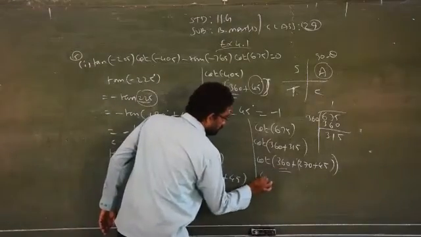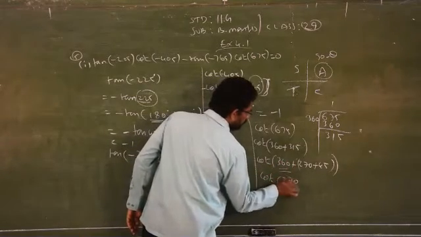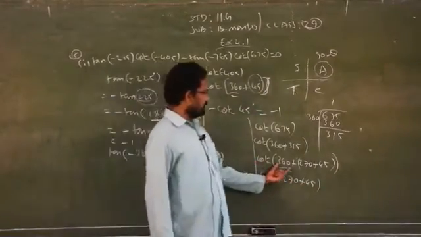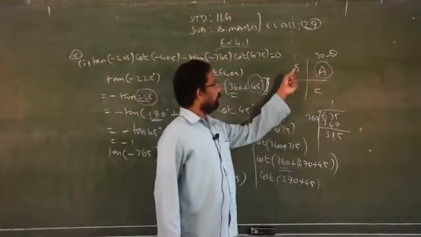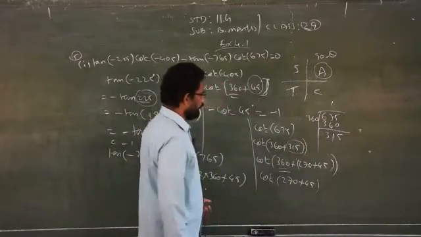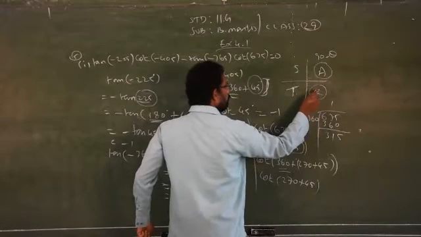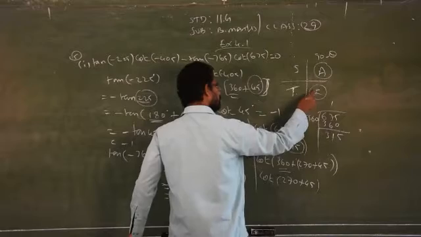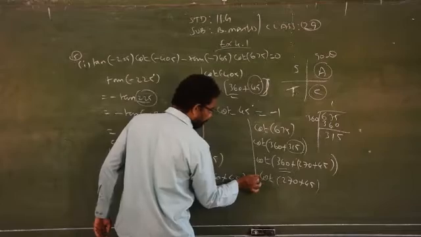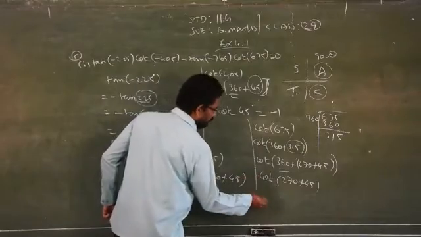For 360, no changes. Do you want to change 360? No. You can write 270 plus 45. For 360, no changes. For 315, where will it come? For 360, no problem. But we have 315. So 315 falls on which quadrant? Fourth quadrant. In the fourth quadrant, which one is positive? Cos. So what is given here? Cot. Therefore, you have to write which sign here? Minus sign. Or you can write minus in the final answer.